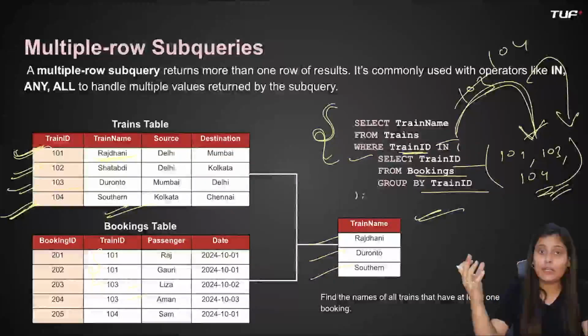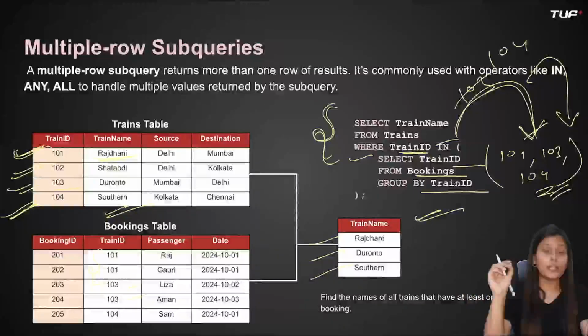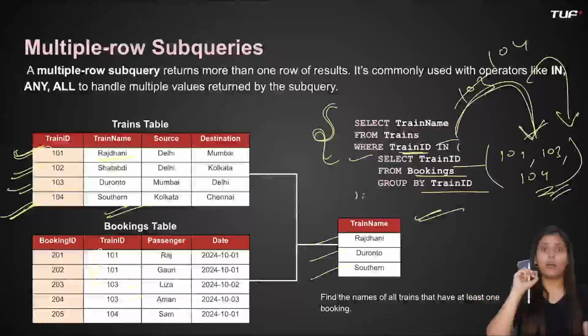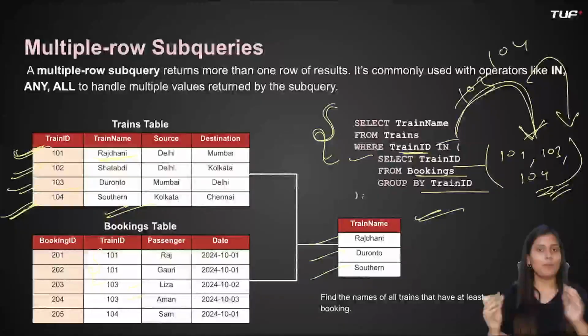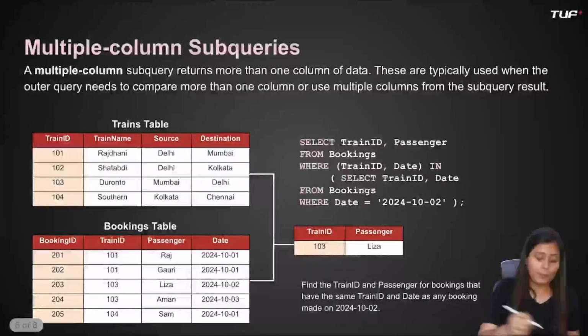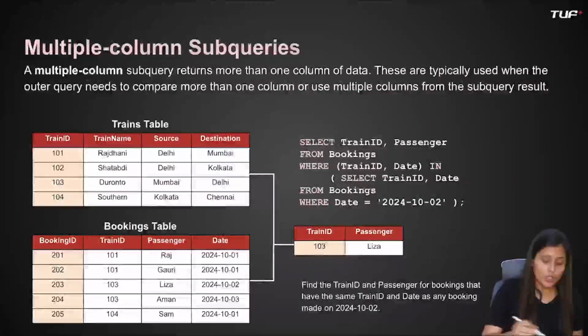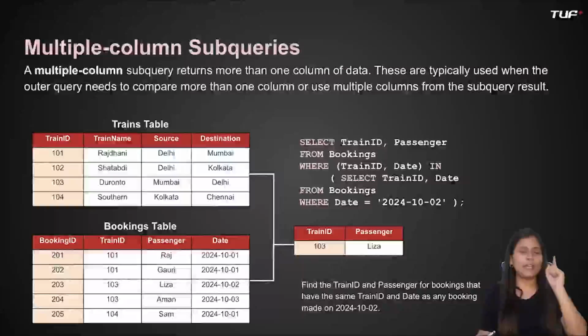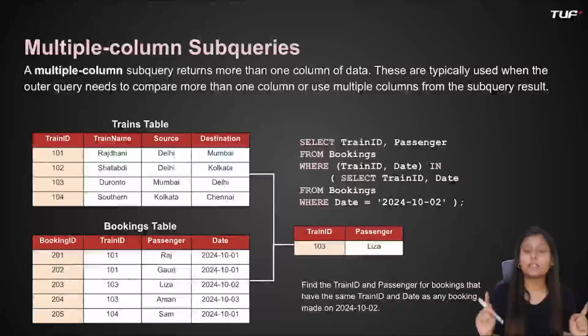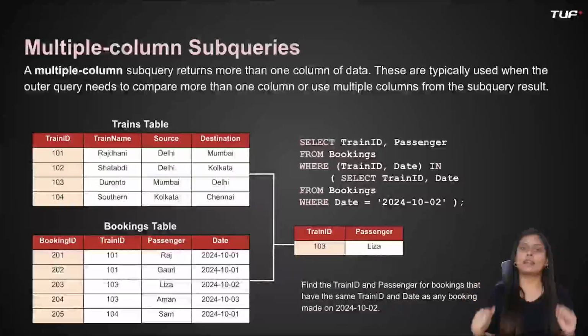In case of multiple rows, instead of using the equal operator, you will be using the IN operator, basically to check every one of multiple values of train ID in the given list. And that is why it is called a multiple row subquery. I hope till this much it is clear. Now let's move on to the multiple column subquery. So multiple column subquery says the resultant will be multiple columns as well, and for the conditions also you can, instead of only comparing one column from the tables, compare multiple columns at the same time.